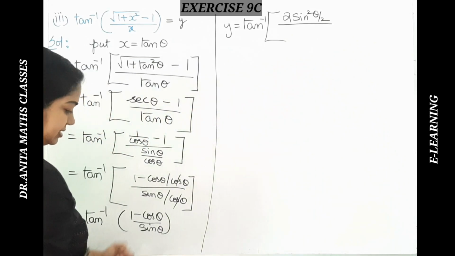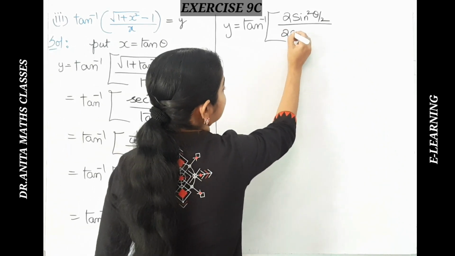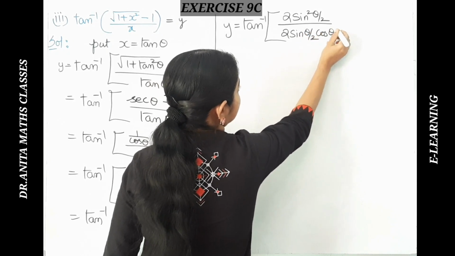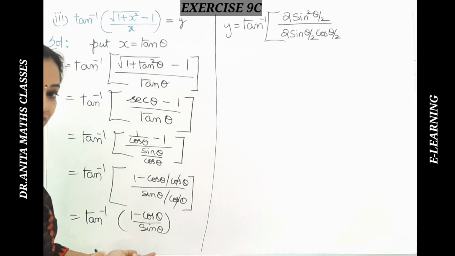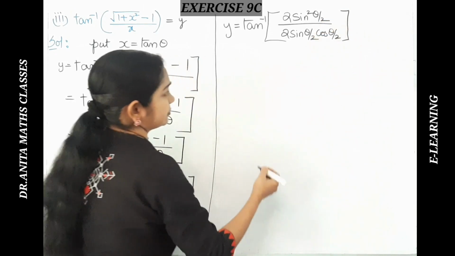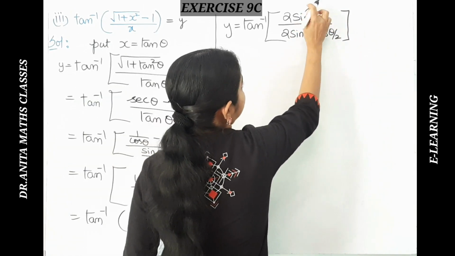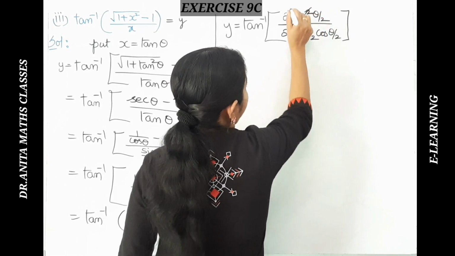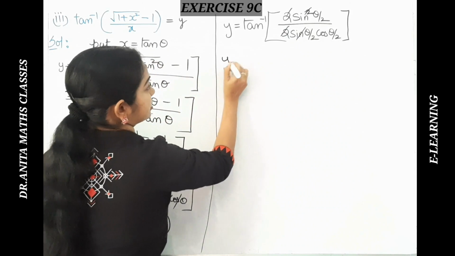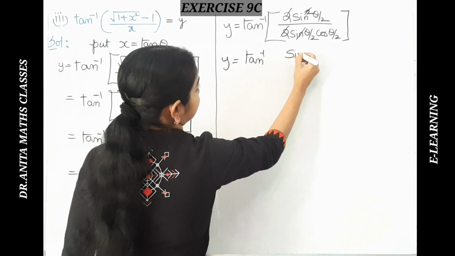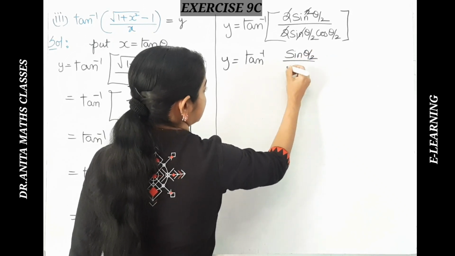And just sine theta, I can write it as 2 sine theta by 2 cos theta by 2. This is also the half angle, sine 2 theta formula. So here, instead of 2 theta, we have theta only, so I have taken theta by 2, and so one sine function cancels off here. This and 2 also will go off. This becomes tan inverse of just sine theta by 2 and cos theta by 2.